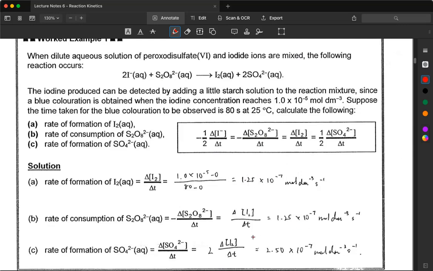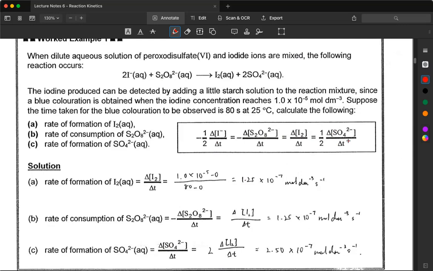But for SO4²⁻, be careful. It equals half of this, this 2. So in order to find this, you times 2 to find the sulfate concentration change over time,